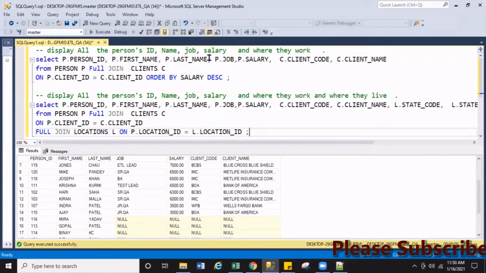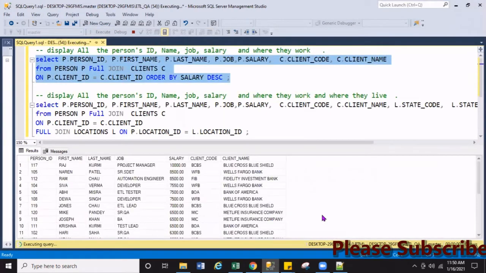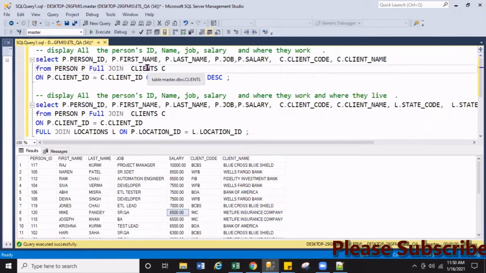Display all the details of the persons and display where they work by using the full join. Right. If I run this query, it will display 24. As you know, the person table has 23 records and the client table has 6 records, but one record from client is not matching to the person, and some record from person is not matching to the client.